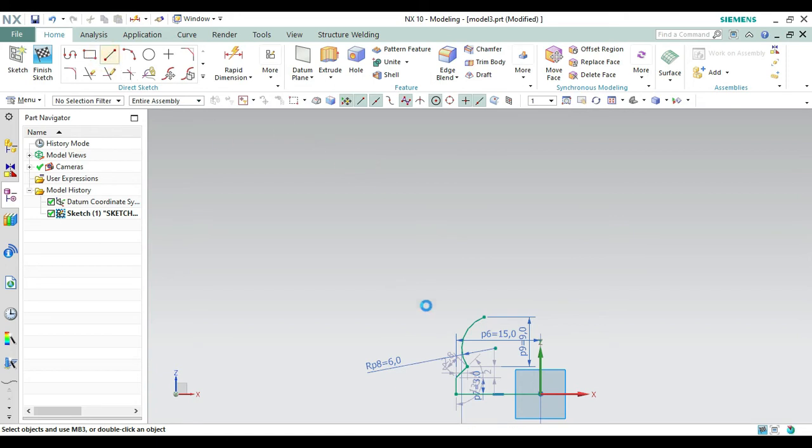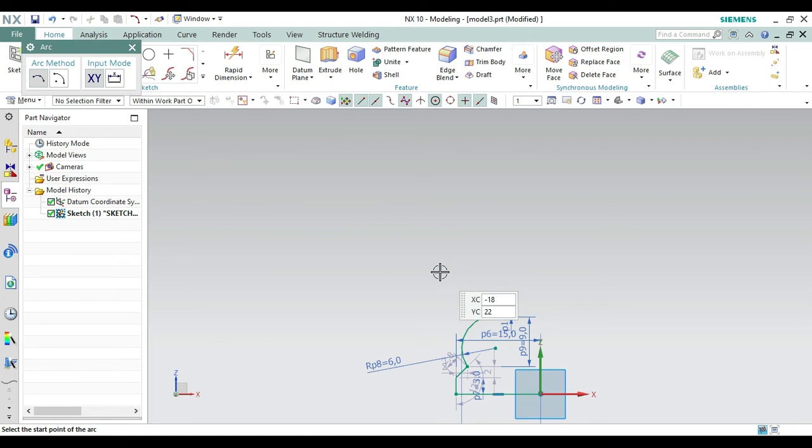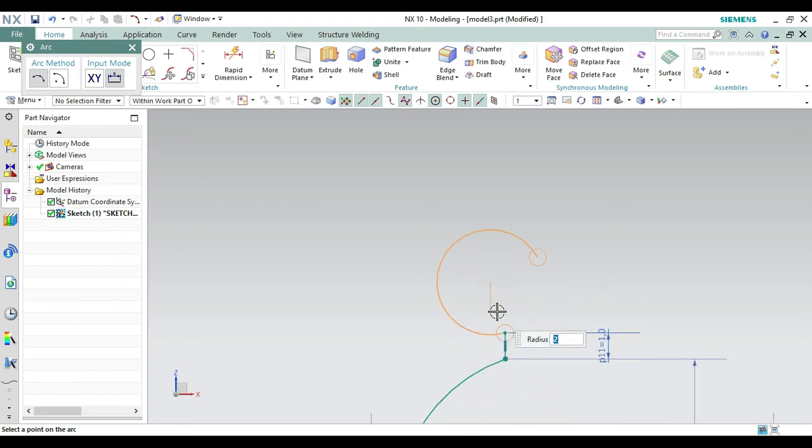So from here taking the line command. Now from here we have to go up with the length of only 1 and make the angle of 90 like this one. Again we have to go on the arc command and we have to create an arc from the end point of this line. So taking the end point of this line, making this point and create a radius of 2, and let's take the closer one, no problem, where it is. Let's zoom it so we can get the closer one like this one.